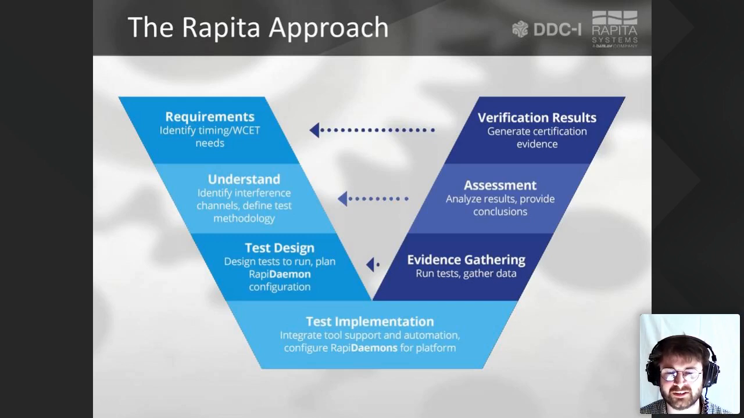So on this slide we have an image of our V model. I'll quickly talk you through it. In the top left we start out with our requirement specification. Quite often we'll start out with the requirements which are part of our DO-178 requirements, for example, worst case execution time requirements. Once we've established the scope of our investigation, we then move down to the understand stage,